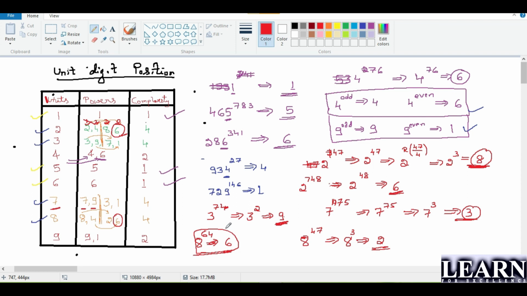Okay. So guys, we'll take a 2 to 3 minute break so that you people can recall this unit position. Then we'll start with the tens position, guys. Because in order to start with the tens position, you need to be very clear with the unit position. So please go through this unit position for 2 to 3 minutes. Then we'll start with the tens position, guys.